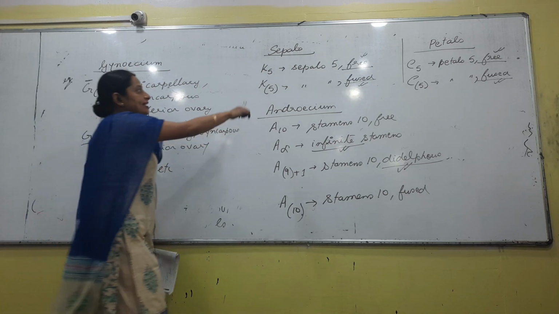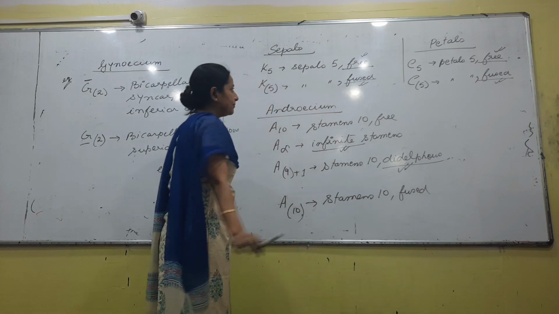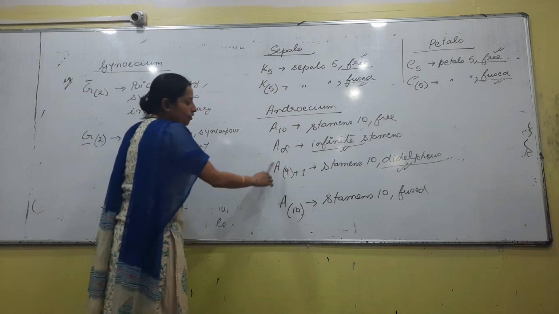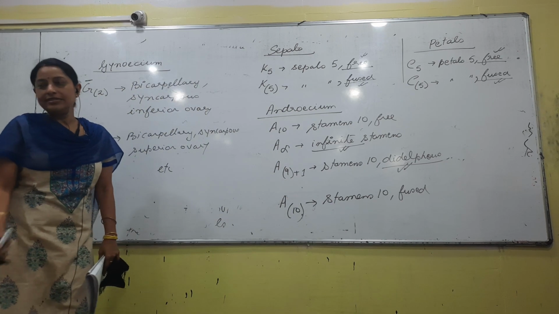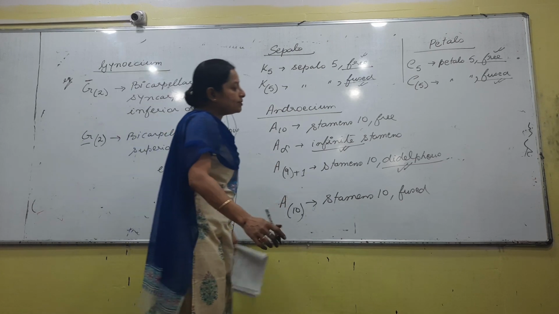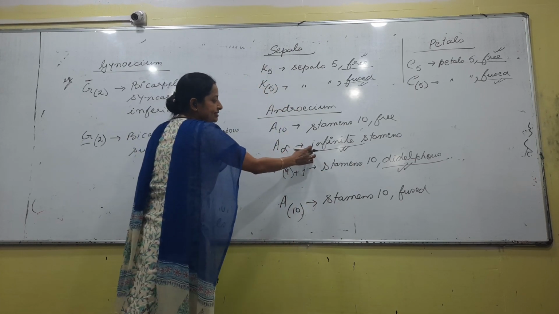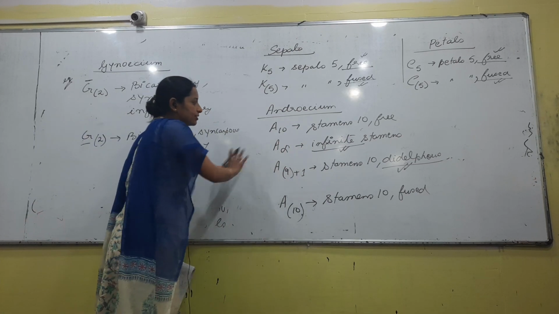So, I think we understand this one. If it is within the bracket, it represents the fuse condition, right. A similar explanation applies to petals also. Androecium, if all the stamens are arranged in 2 bundles, then it is a term called diadelphous. Why am I giving this example? Because this is the example from which maximum questions have been asked. Next, infinite stamen is a characteristic of Malvaceae, very important, we will discuss later, this is also important.